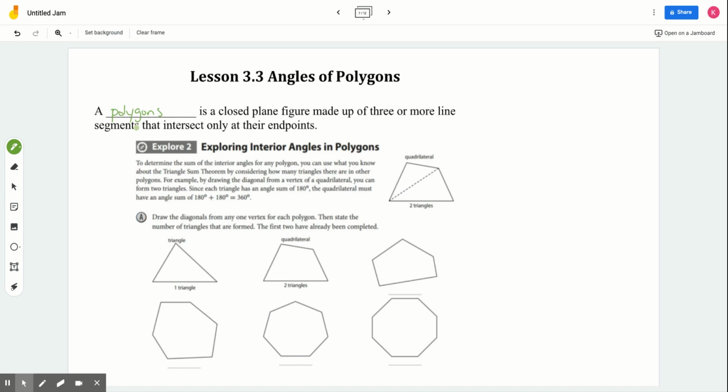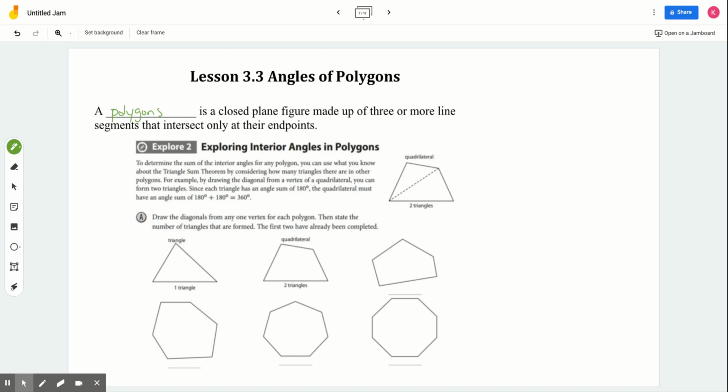So here we can see that when we're talking about the interior angles in polygons, it says to determine the sum of the interior angles, you can use what you know about the triangle sum theorem. By considering how many triangles there are in other polygons, for example, by drawing the diagonal from one vertex of a quadrilateral, you can form two triangles. Since each triangle has an angle sum of 180 degrees, the quadrilateral must have an angle sum of twice that,